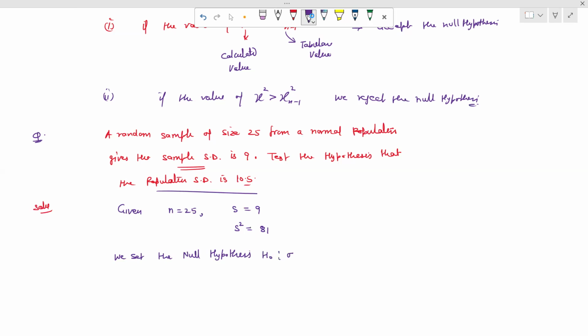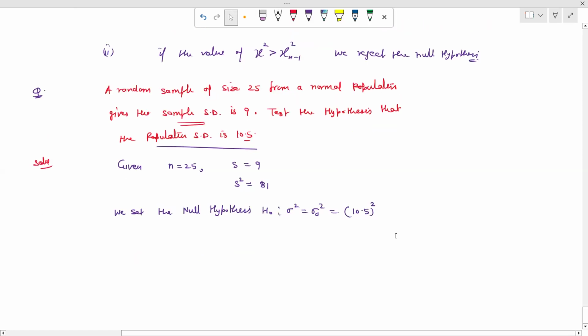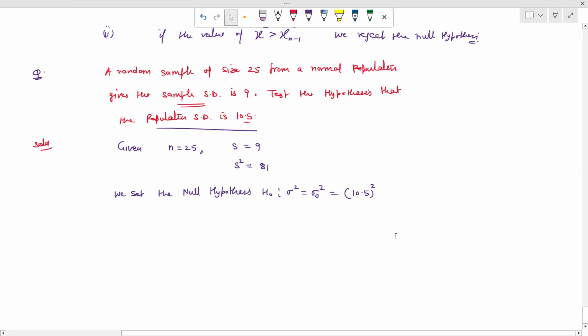तो दिस इज H नॉट, और H नॉट क्या है, सिग्मा स्क्वायर इज इक्वल टू सिग्मा नॉट स्क्वायर, और सिग्मा नॉट स्क्वायर क्या है हमारा, 10.5 टू द स्क्वायर। ये स्टैंडर्ड डेविएशन दे रखा है 10.5, जब वेरिएंस निकालेंगे तो 10.5 का स्क्वायर हो जाएगा। तो हम मान के चल रहे हैं कि जो पॉपुलेशन वेरिएंस है वो 10.5 टू द स्क्वायर है। ओके, अगर इसको फॉलो कर रहा है तो एक्सेप्ट द हाइपोथेसिस, अदरवाइज रिजेक्ट द हाइपोथेसिस। सो नाउ वी कैलकुलेट द टेस्ट स्टैटिस्टिक्स।